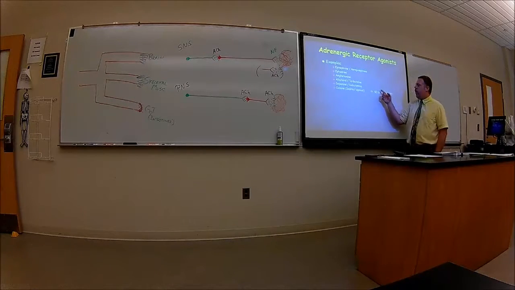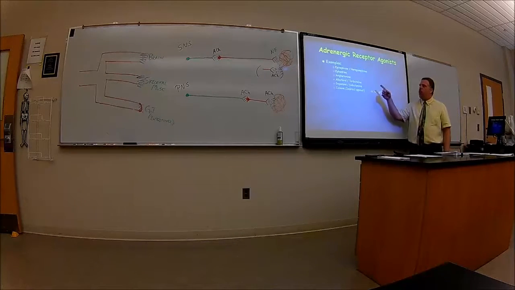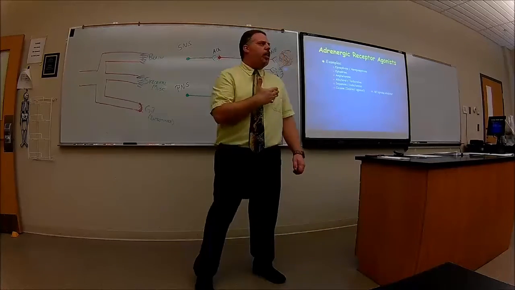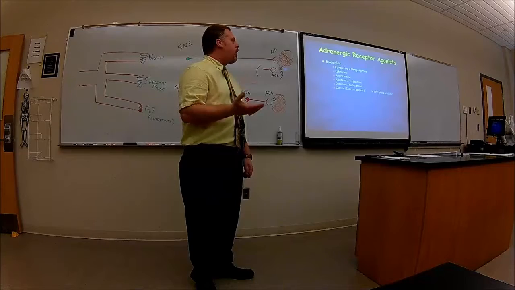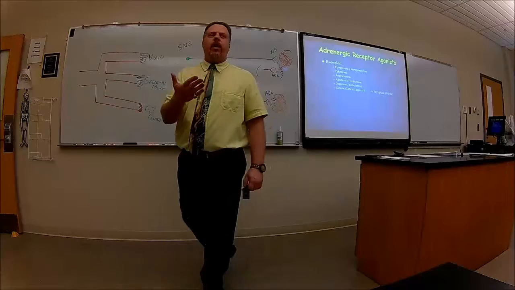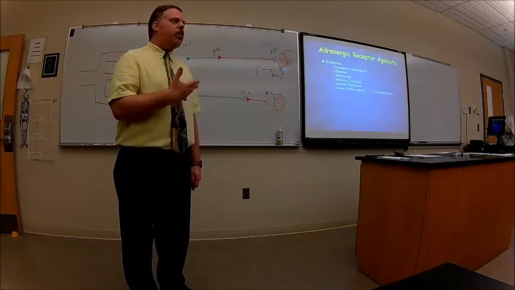Cocaine is also a way of keeping the norepinephrine in the synaptic cleft for a longer amount of time. So you're going to turn on these things, and that's going to make your heart go really fast, and you could have a heart attack or something like that. It'll also vasoconstrict the blood vessels. Epinephrine is given as a shot. So I might say albuterol is an adrenergic agonist, which means what? I'm not going to expect you to know the medications. I expect you to know what an adrenergic agonist is and the effects that it would have.